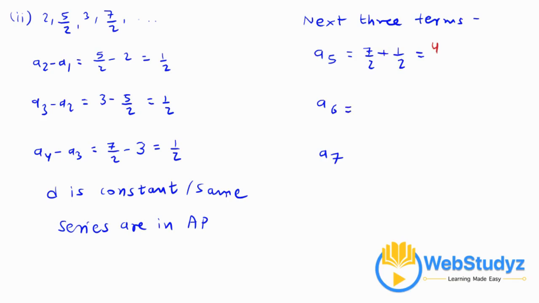Similarly, A6 will be 4 plus 1 by 2, which will be 9 by 2, and A7 will be 9 by 2 plus 1 by 2, which is equal to 5. Now move on to the third series, which is